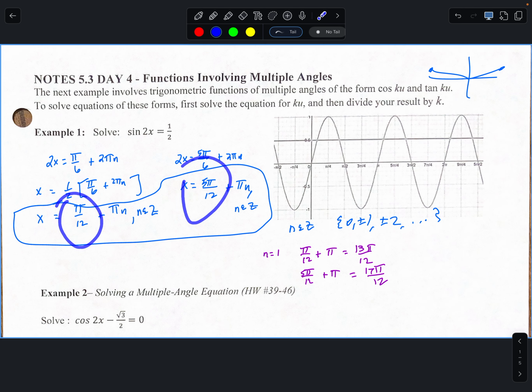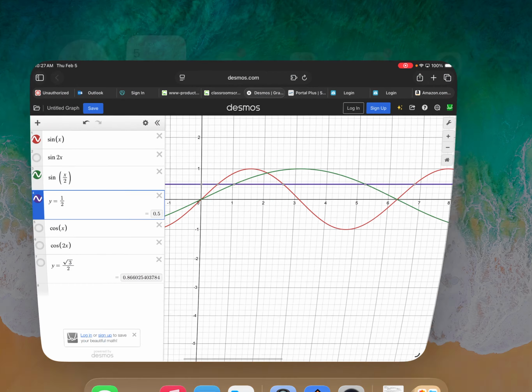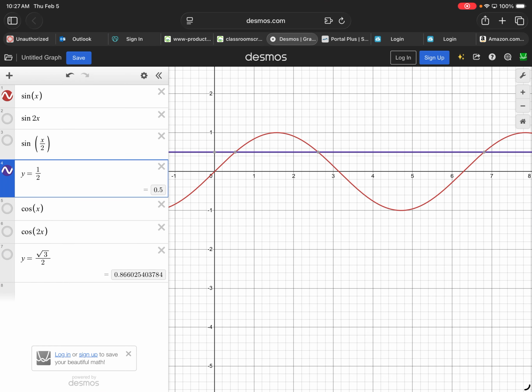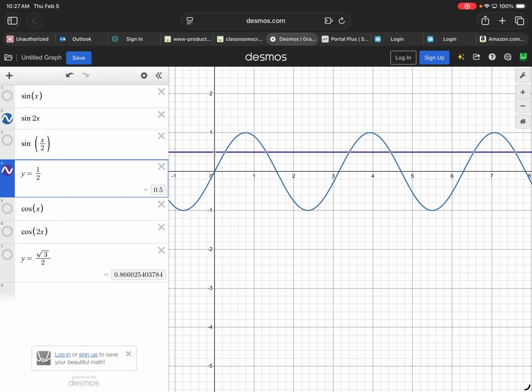If we go back to Desmos, and I turn this off, turn that off, and go back to 2x, these are the places from 0 to 2 pi where it's 1/2. And we were able to get that analytically by that process. Questions on that? All right, so then